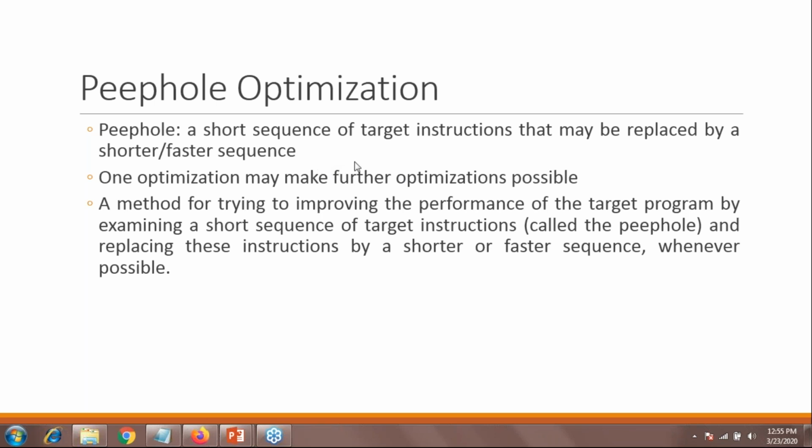So it is a short sequence of target instructions that may be replaced by a shorter or faster sequence, or you can say a scrolling window that every time scrolls with some instruction, right? Which can directly affect our compilation process.